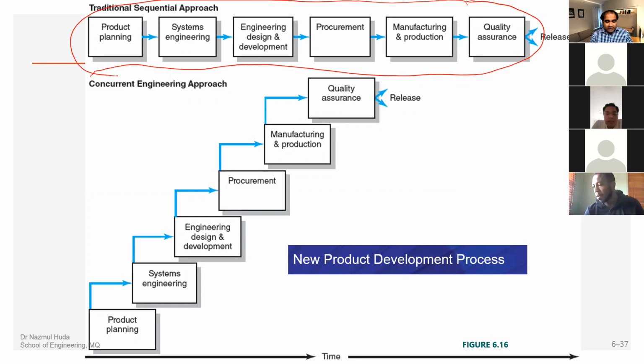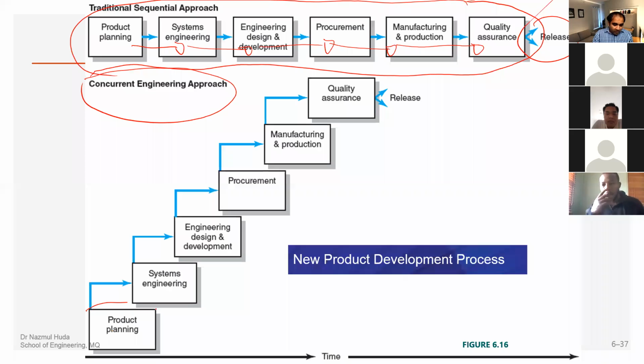All right, this is the conventional approach. What it shows is, from product planning to systems engineering, then design, then procurement, then manufacturing, then quality assurance, then release the product. This is the traditional approach that has been in practice for a long time. Within concurrent engineering, if we follow the layering approach, what it means is, within the product planning process,